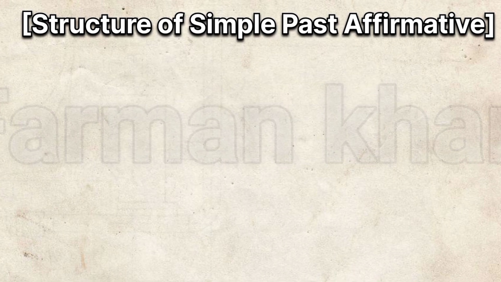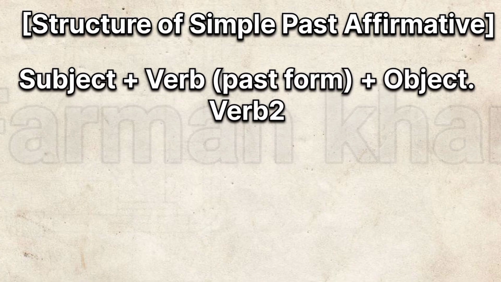Structure of simple past affirmative tense. The structure of a simple past affirmative tense is pretty straightforward. It follows this formula: subject plus verb past form plus object. For example,